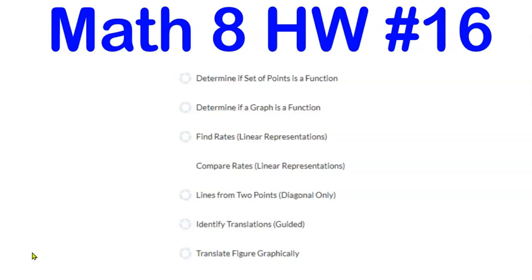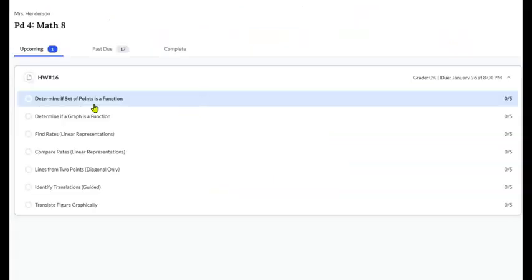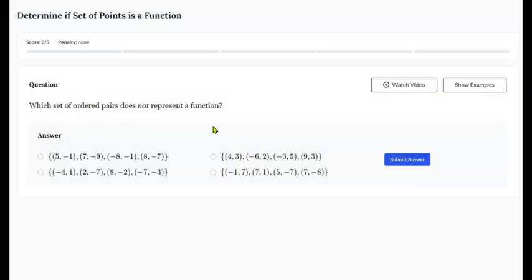Let's take a look at the questions on homework number 16. The first topic is determine if a set of points is a function. So when you're looking at a set of ordered pairs or a table, you are looking for inputs that have different outputs. Okay? A function